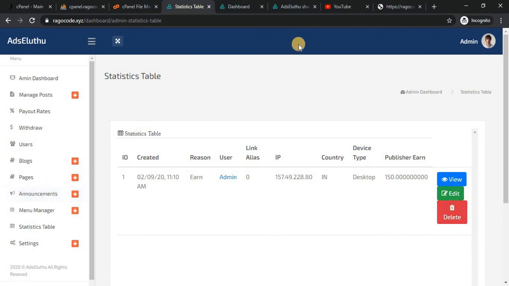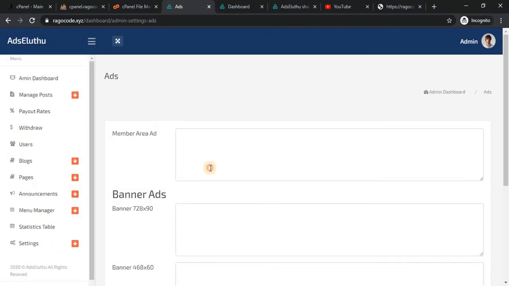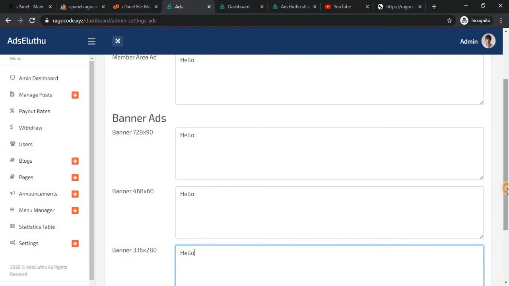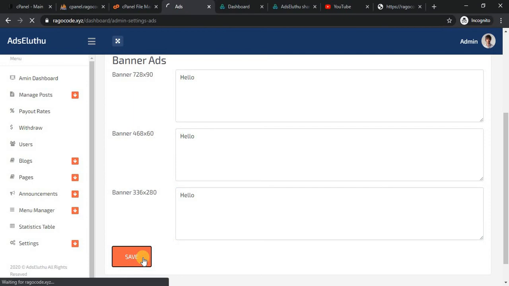And then we can set the ad for the get post page. Now I just said hello, and it will be displayed in the admin area and also in the get page code. If you want to paste any ad code, JavaScript or HTML tag, you can, and just enter the hello tag.